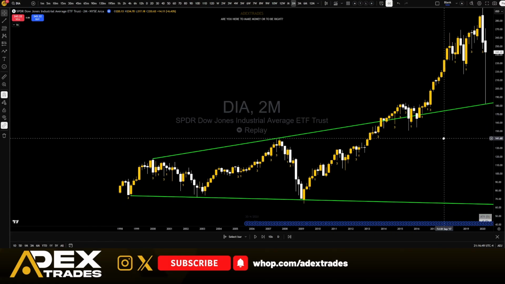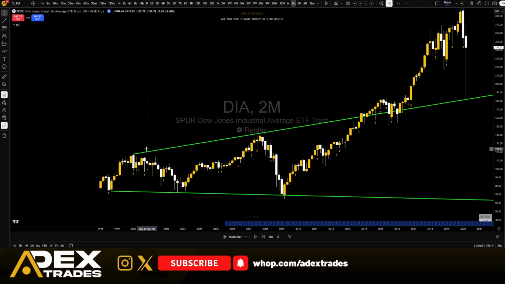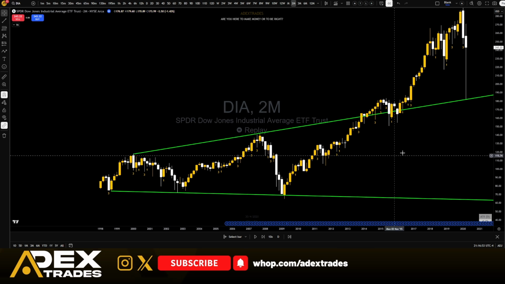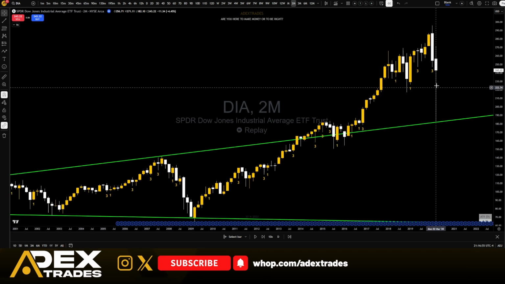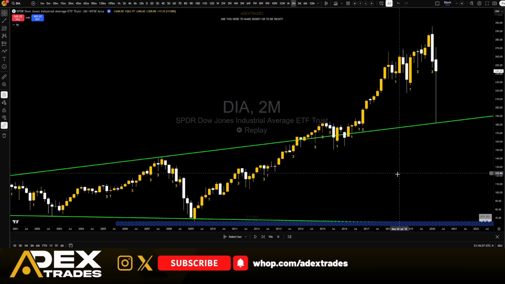There's no way a line from 2000. What is that? March 2020? There ain't no way. That can't be. You're gonna go past it. Nope, you're gonna go past it. There's no way, right? A line from 2000 holding as a broadening formation as a support.